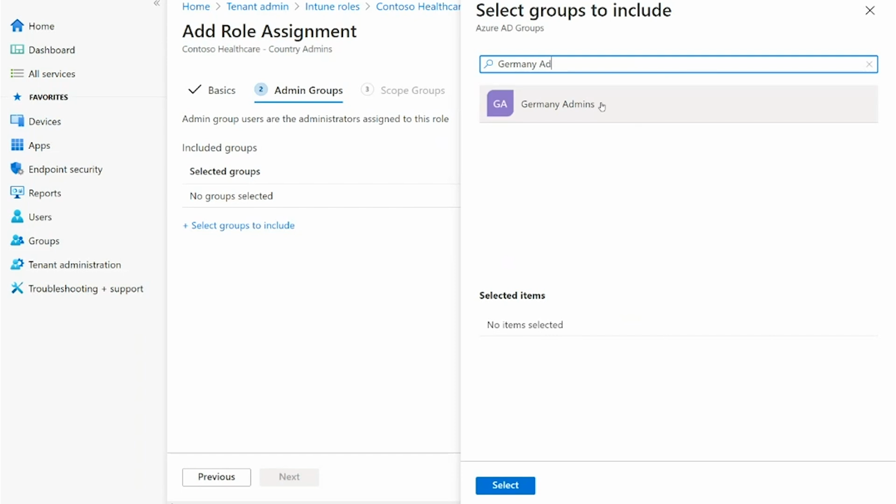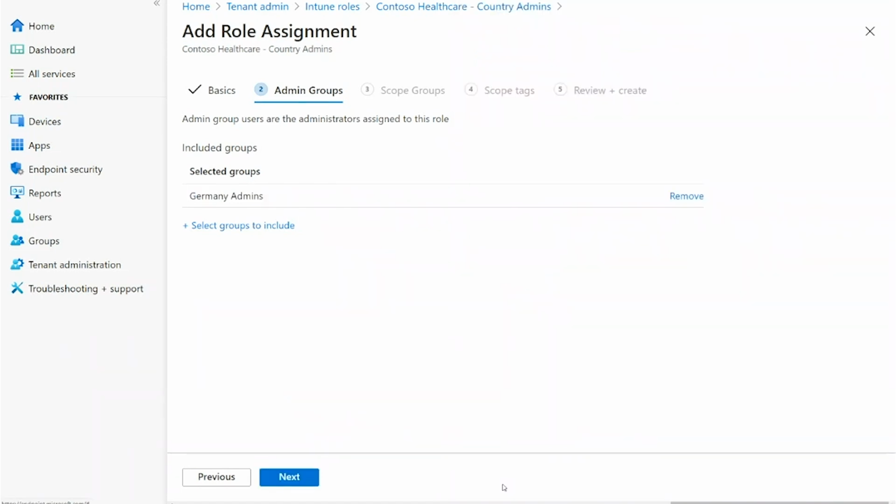What this does is the permissions that we provided as part of this Intune role, all these permissions are given to Germany admins. So the Germany admins will be able to manage enrollment programs, profiles under that. They'll be able to manage devices and apps completely because those are the permissions we provided in this role.